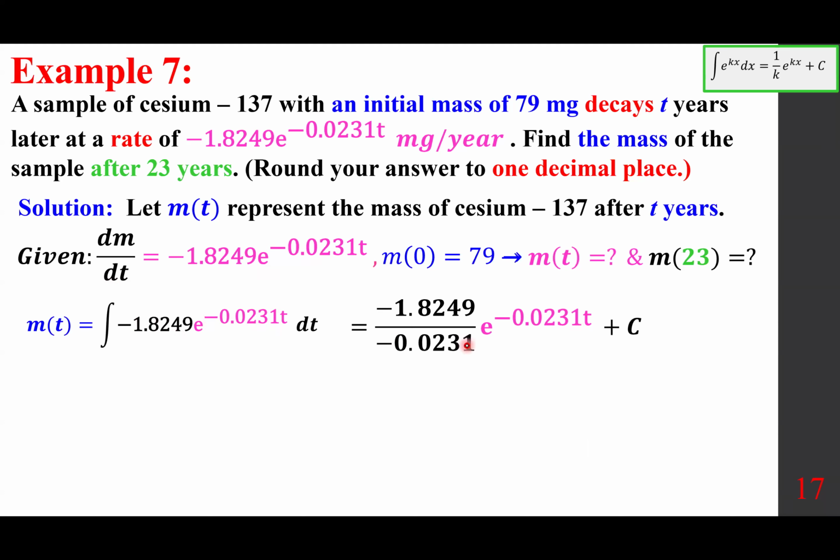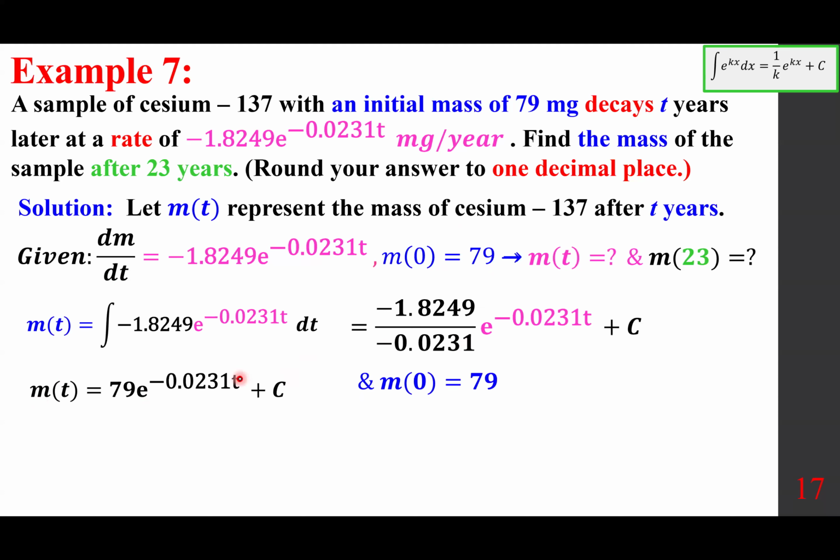So we divide this number by this number, e to the power of the same thing and a constant. This, you put it into a calculator, gives you 79. Remember, so we found this, but what is this? This is a family of functions. That's a general solution. Now we have this pair,